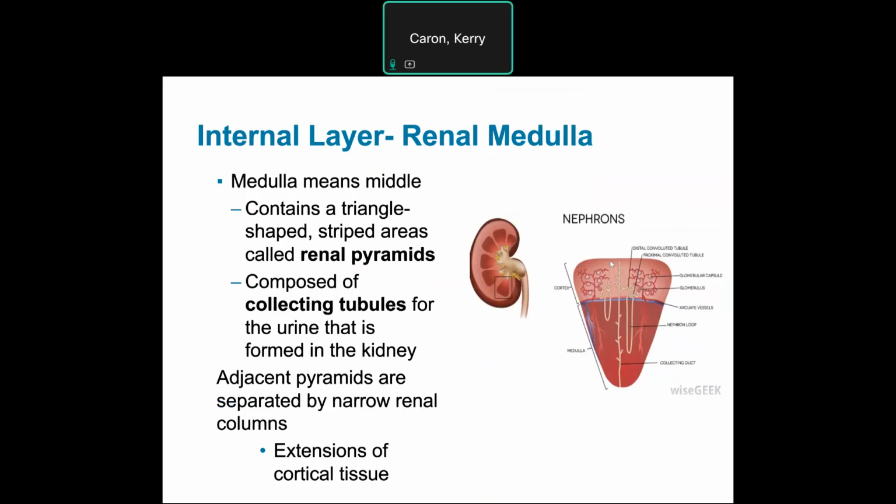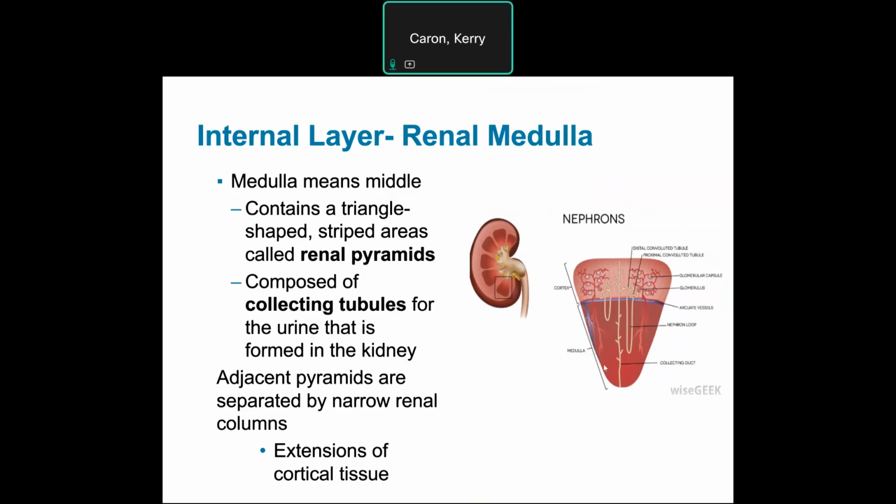The medulla. The medulla is where the nephrons live. Medulla means middle. You have these renal pyramids, as you saw in the previous slide, and they're triangular shaped. They have collecting tubules for urine. These pyramids are separated by columns, and they're extensions of cortical tissue. So the nephrons are located